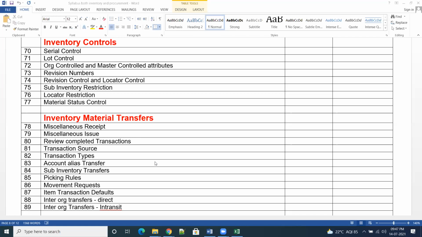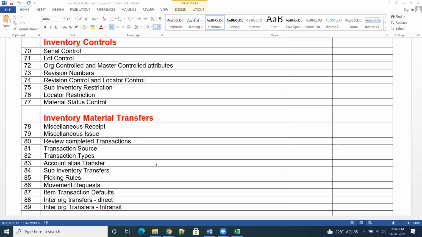So document reference is mandatory for transfer orders. For sub-inventory transfer, there will be no documentation. But if you take a movement request, there will be a document, right? Like a pick slip report. Correct. For sub-inventory transfer, there is no document reference, exactly, 100%.